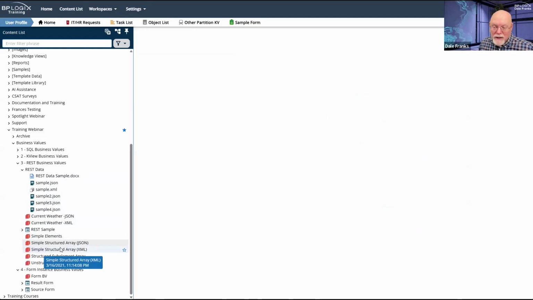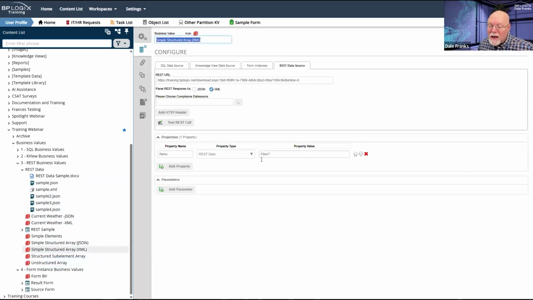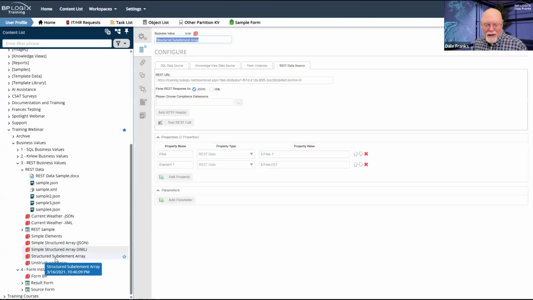If I go to my simple structured array, it is files slash ampersand, not ampersand, but what is, yeah, I forget what it is. If that is the ampersand or whatever the star character is, files slash star. That's going to return, that's the JSON path to return that data. Structured sub element array, $dot files dot dot F.